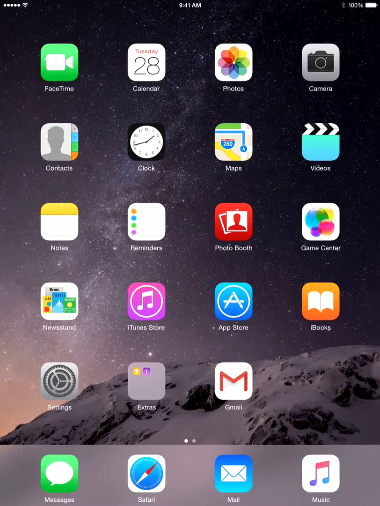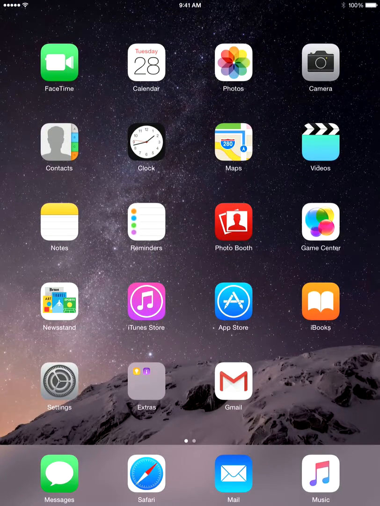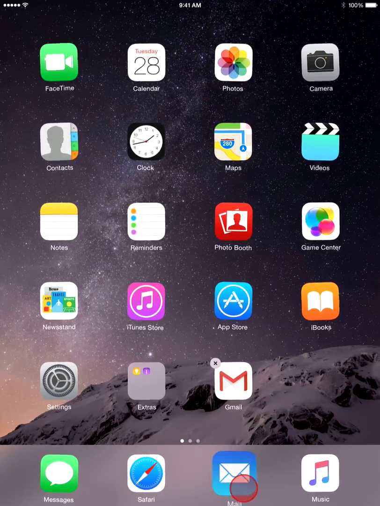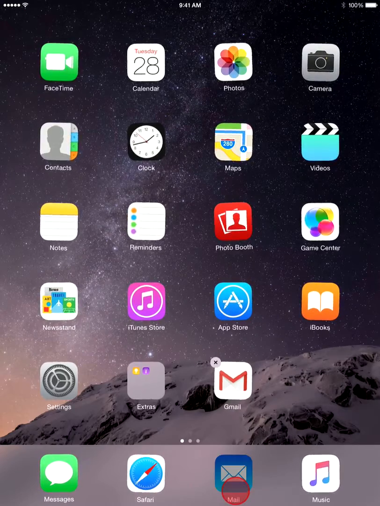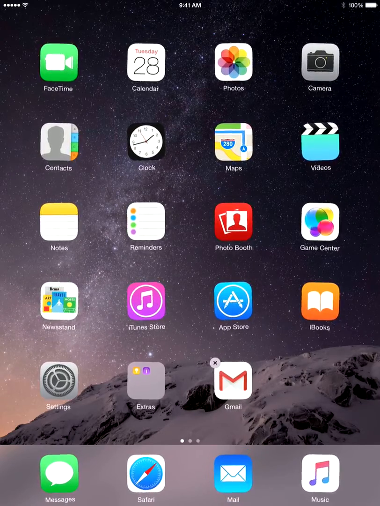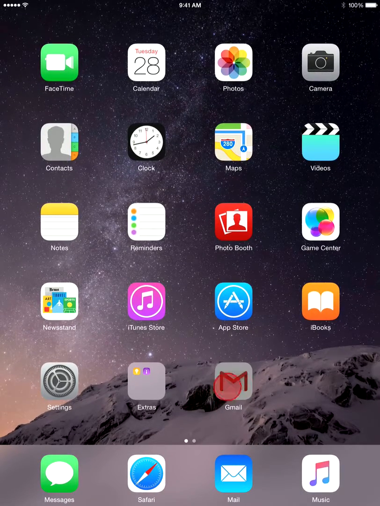Now we're going to take a quick look at the Gmail app. The difference here, the built-in Mail app, this little guy down here, versus this right here. This one here is the one built into iOS, and this is Gmail's native app. So if we launch this,